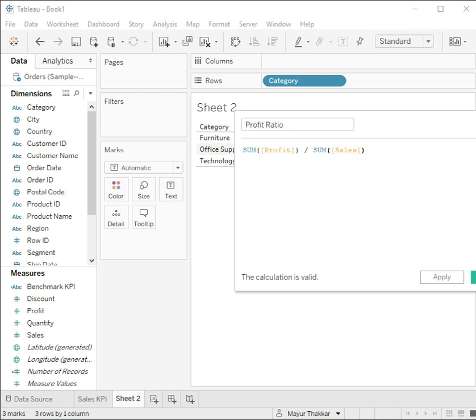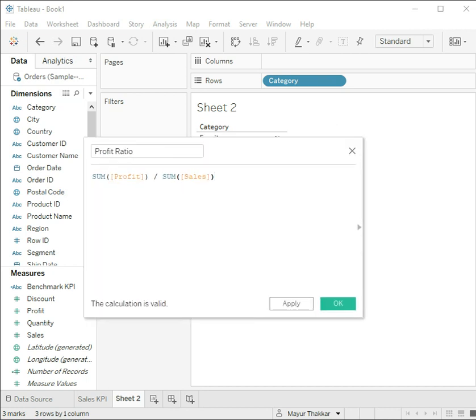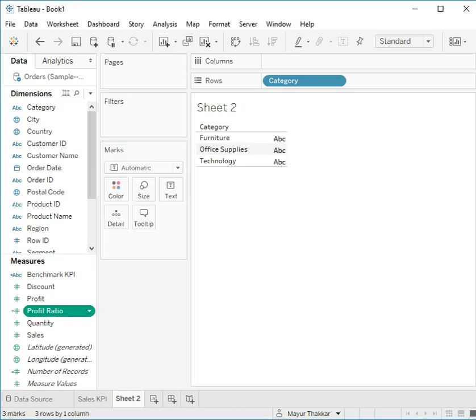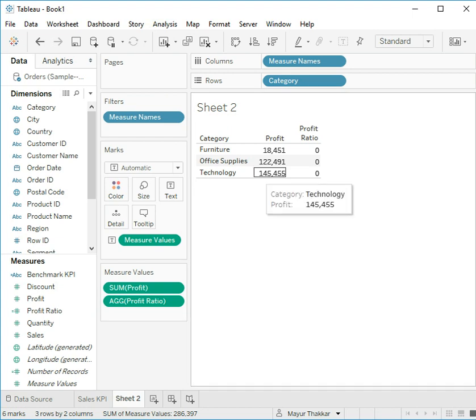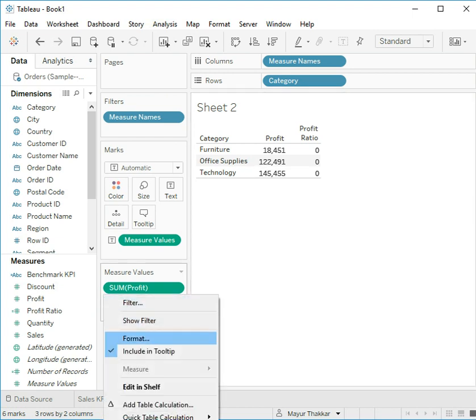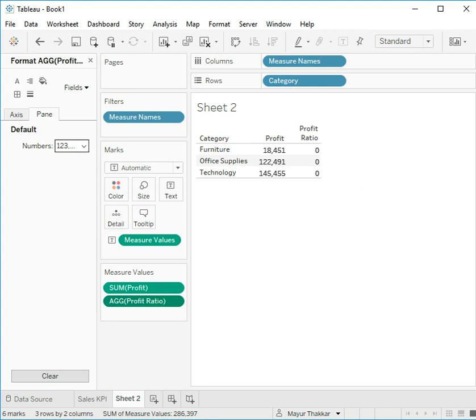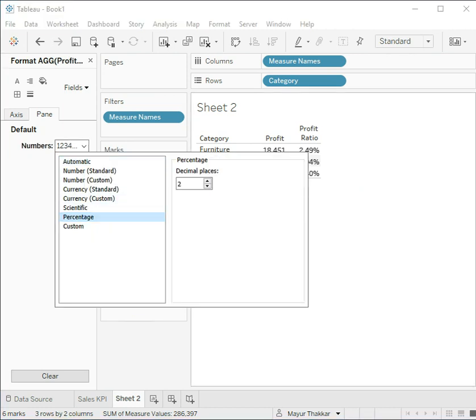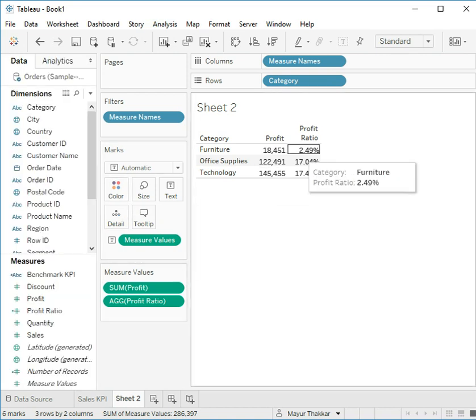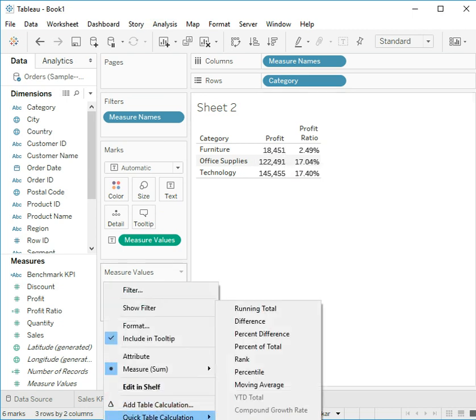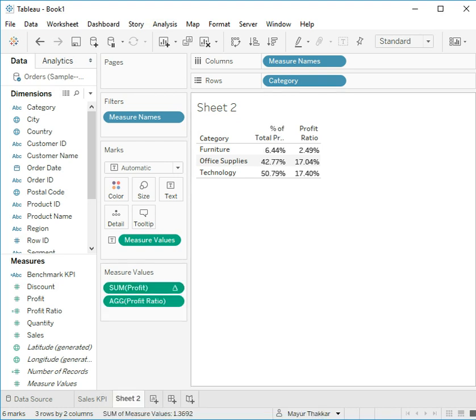It is nothing but sum of profit divided by sum of sales. I'm going to drag first profit here, and then profit ratio. I'm going to format it a little, and this is the sum of profit. To make it more understandable, I'm going to have percentage of total,